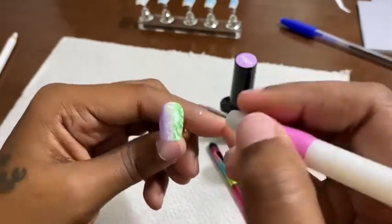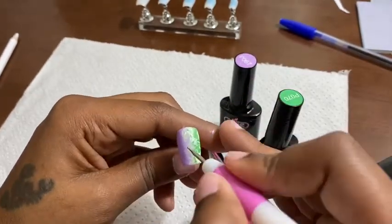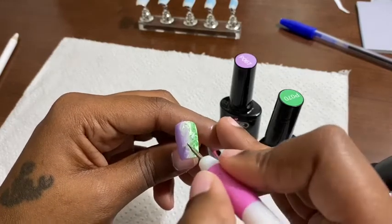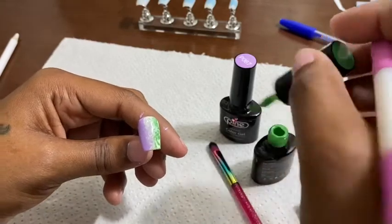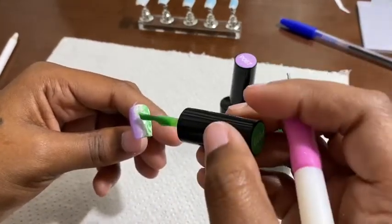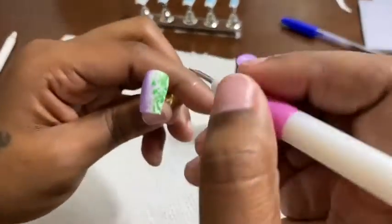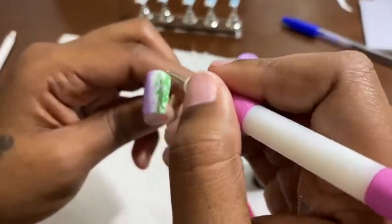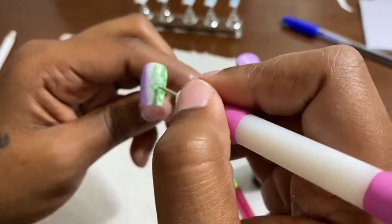So finally I got the perfect blend and the perfect match of what I would sell to a customer, okay? Because that's what it's about. It's about customer service. It's about giving your customers, your clients, the best experience with you and your business and your brand as possible. So if you are looking into starting a nail business, which is a very good business to be in right now,